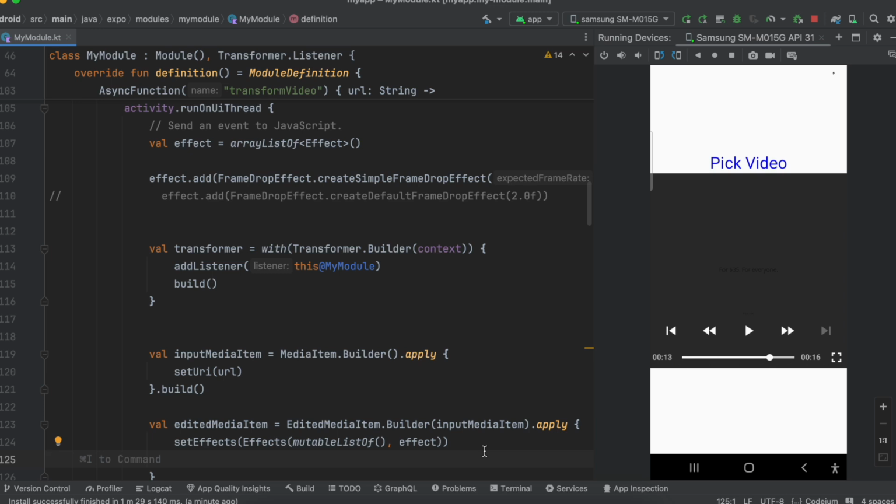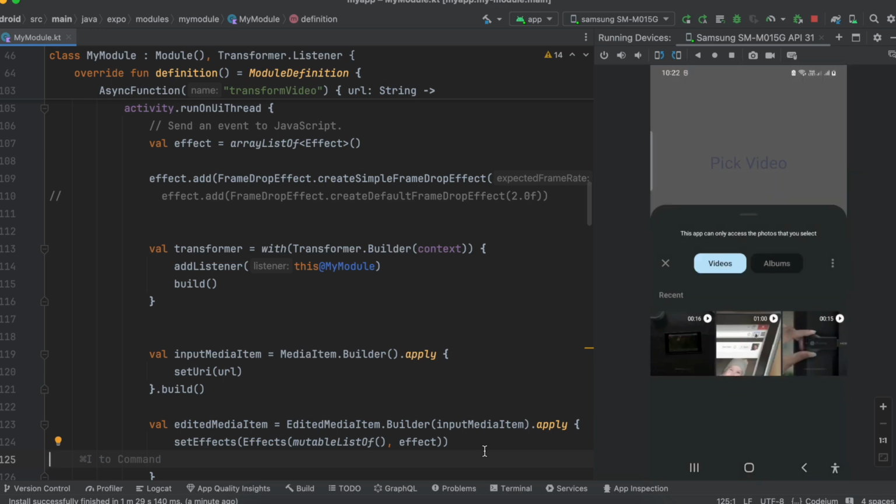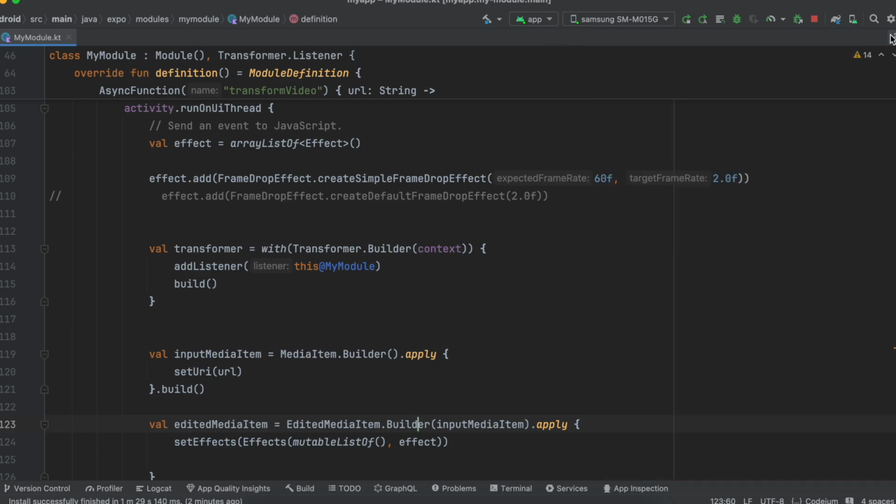And also if I click on pick video again, here you can see now there are three videos. I think the frame drop effect increased the video length by just a second. Yeah, that's fine according to me. Now coming back to the